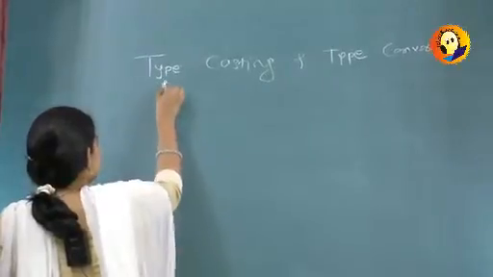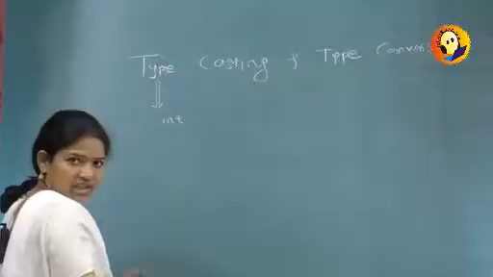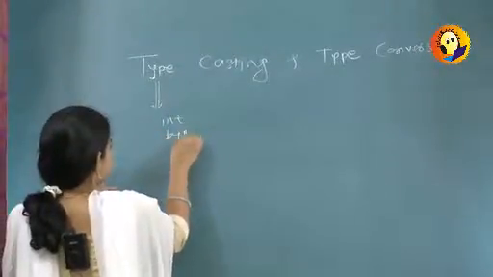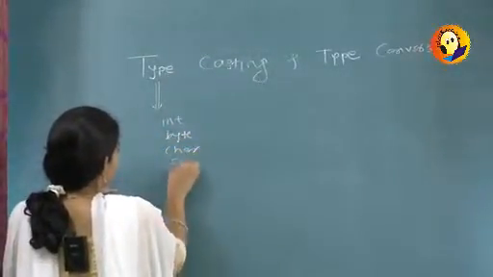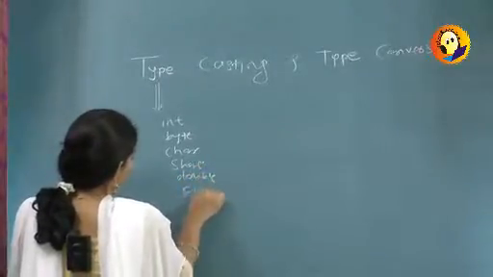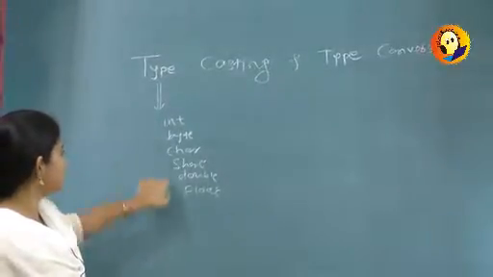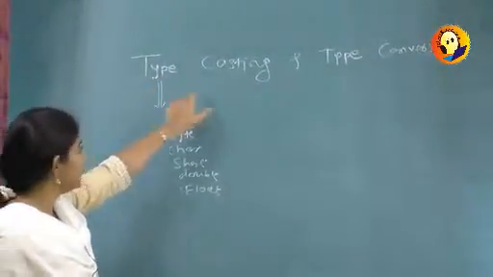Type is nothing but various different data types, for example integer, byte, character, short, double, float. These are various types of data available in Java. That type of data is specified by type, and cast